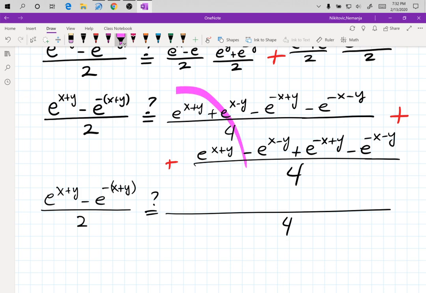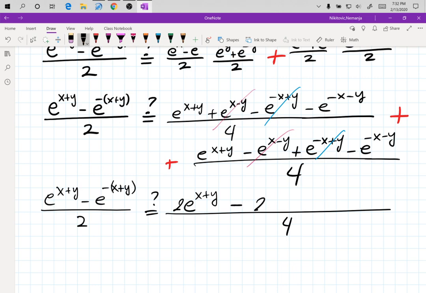These two terms are the same, e to the x plus y, so I have 2 of those. 2e to the x plus y, then e to the x minus y minus e to the x minus y, they're gone. And so are these, color coding the cancellation. Are we all agreeing on that? Perfect. Minus